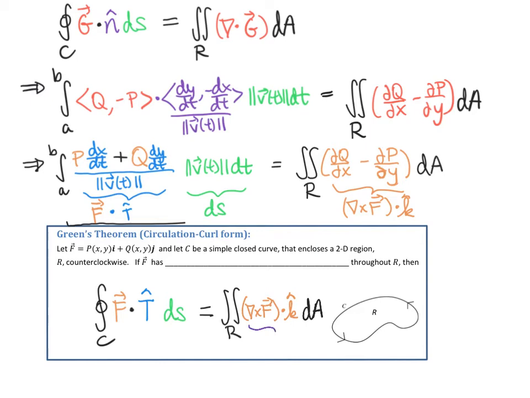I said we'll come back and get an interpretation. We can think of this as like a circulation density, because when we add it up everywhere on the inside, we get the total circulation around the boundary. And again, this is only going to hold if your vector field has continuous partial derivatives